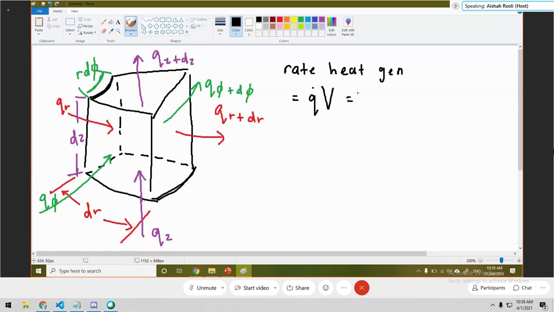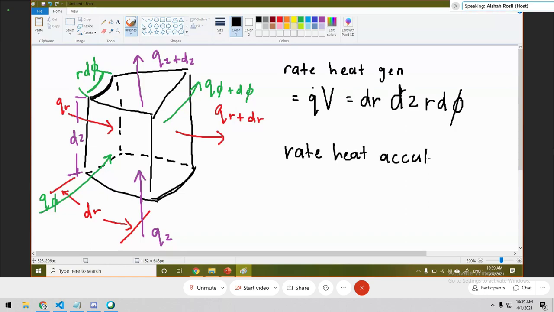But in this case, we consider dr first, so we have dr times dz, and then times r d phi, because in this case the thickness in this direction is given by r d phi. So we have this, and then let's talk about the rate of heat